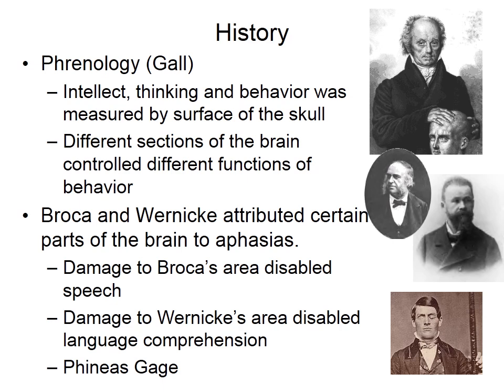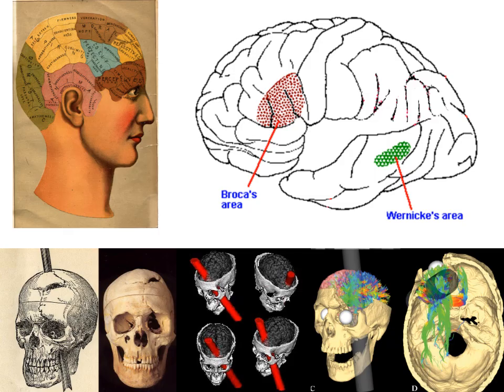So the next slide has just some illustrations of kind of what we've been talking about in this slide. At the top left, we have an example of some of those initial phrenology maps, this idea of trying to actually map out the sections of the brain and what they control. The idea basically of a compartmentalized brain. Now again, the idea that you could then determine what parts of the brain were functioning and how well they were functioning by the surface of the cranium, bumps on your head, was discredited.